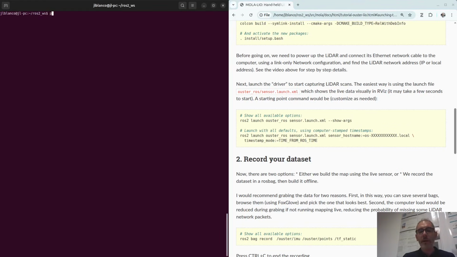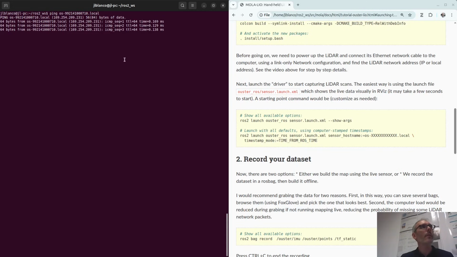The sensors are named after OS, dash, and then the serial number, which is printed on a sticker somewhere on your sensor. So I will use ping just to check the connection with the sensor. I will ping OS dash and the name of mine. You should use yours, of course. And then dot local. It should work. Okay, here we go. Perfect.